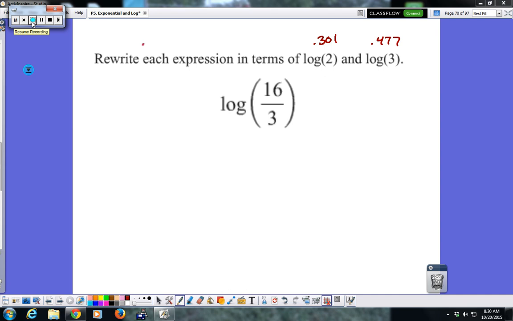Okay. We're going to work a few of these. They're like little puzzles. It's how do I get from there to 2's and 3's? Have the log of 16/3. And just knowing the log of 2 and the log of 3, you can find tons of different logs by using now basic arithmetic. The log of 16/3, so the quotient rule. I have a log of two things being divided. I can rewrite this as the log of,